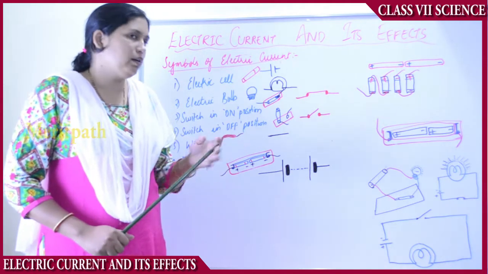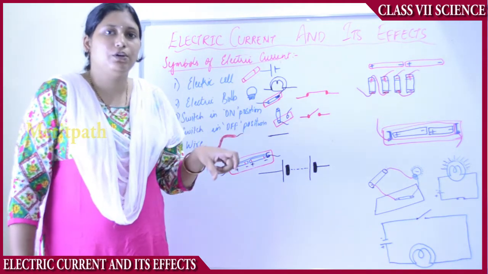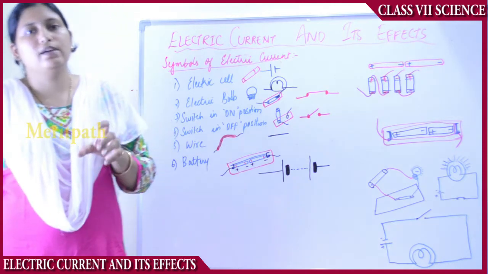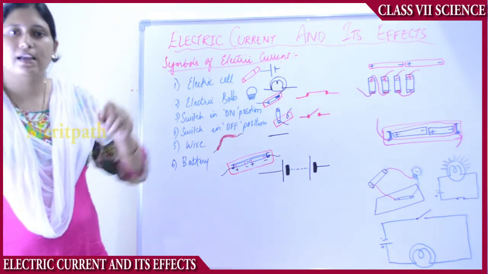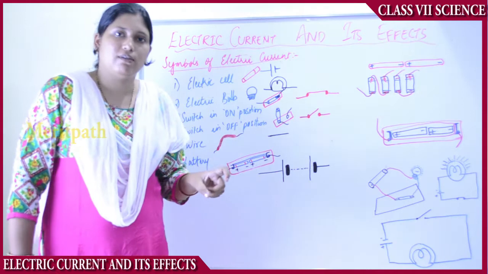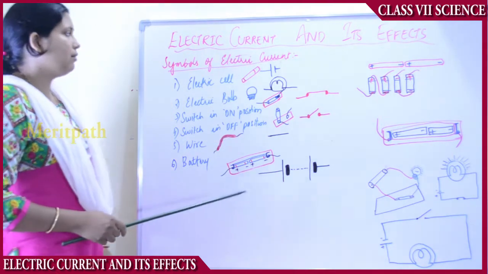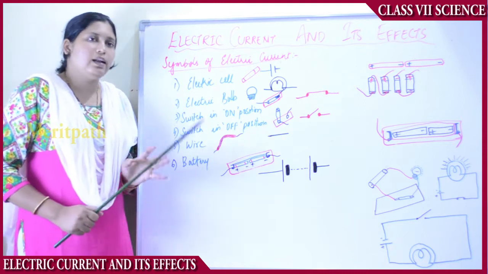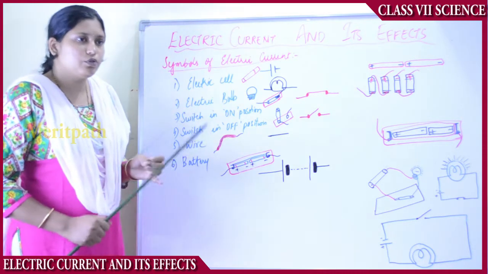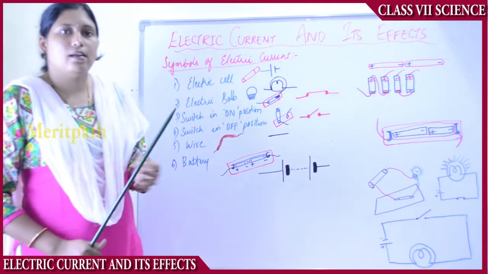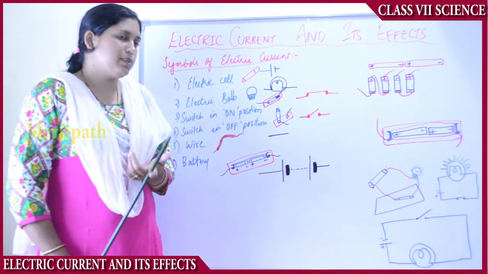All of you might remember that game where a key is hung between two terminals or two wires connected to iron nails, and we have to pass the key without touching the wire. If the key touches the wire, then it will make a sound, right? So that game was there. So here the electric circuit basically consists of wires, a cell and a switch, and sometimes an electric bulb also.